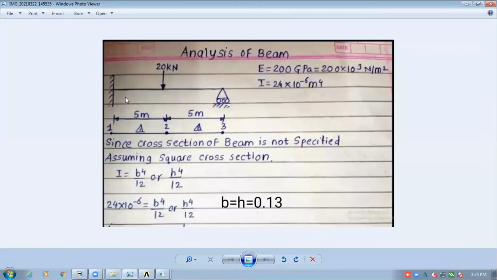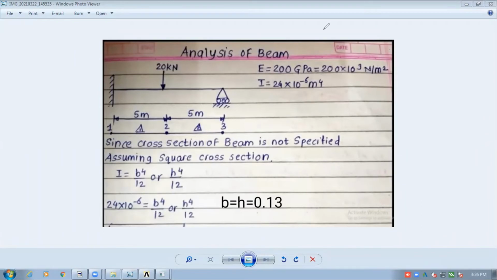See, this is the diagram which is given. Now I need to write down the coordinates here. That means I need the location of every node. If you want the location of every node, you need to measure it with respect to some other point.